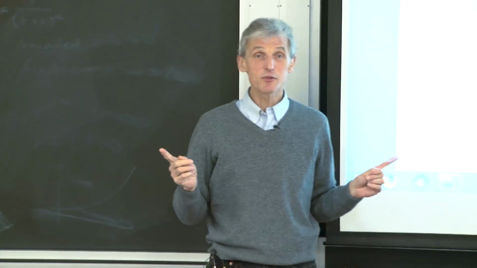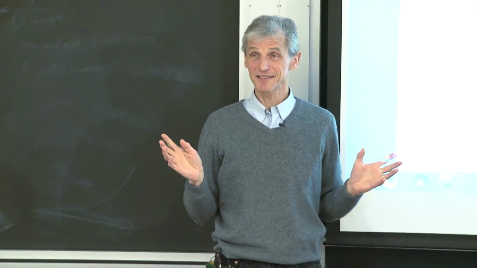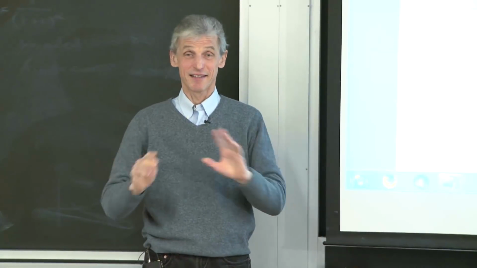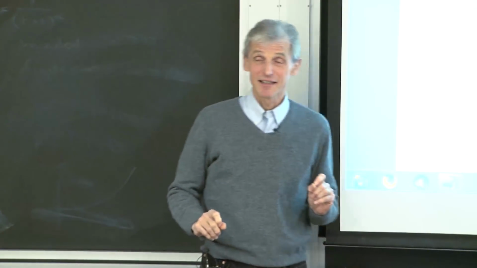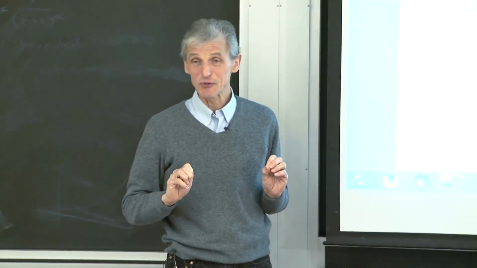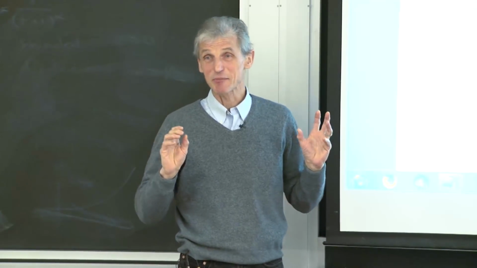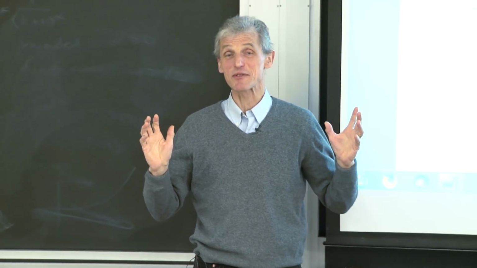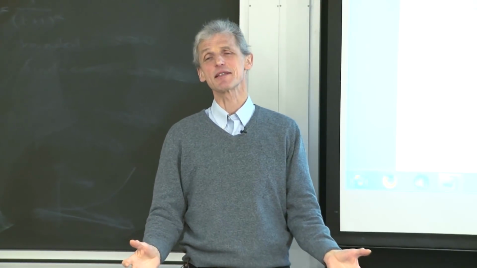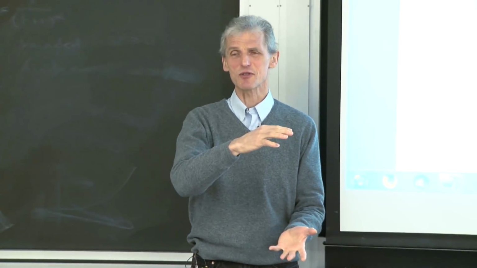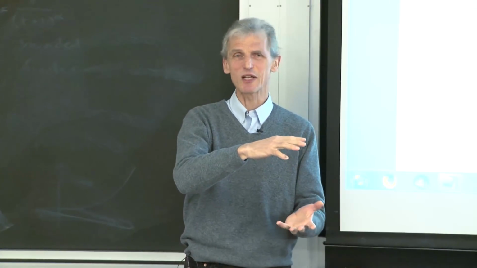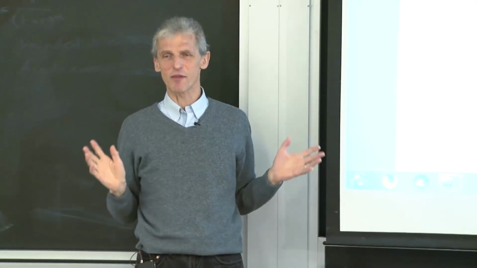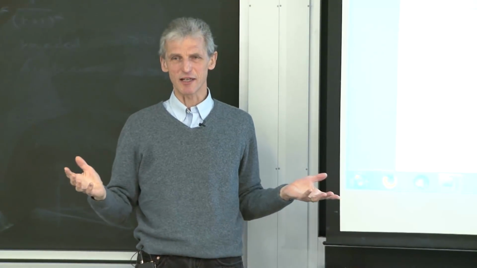So just to get an idea, who has already taken 8422? Should be about half the class. Okay, great. So yes, we are not repeating anything. And maybe for those of you, it's a little bit anticlimactic because you had all the fun. You saw all the great things which can be done with two-level systems. And now in this course we sit down and I explain to you what are those two levels. What happens to those two levels in magnetic fields, in electric fields, how are they modified by the Lamb shift and all that. But you see how the two things are connected.